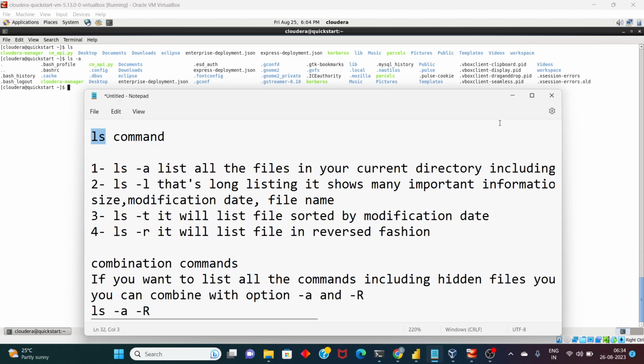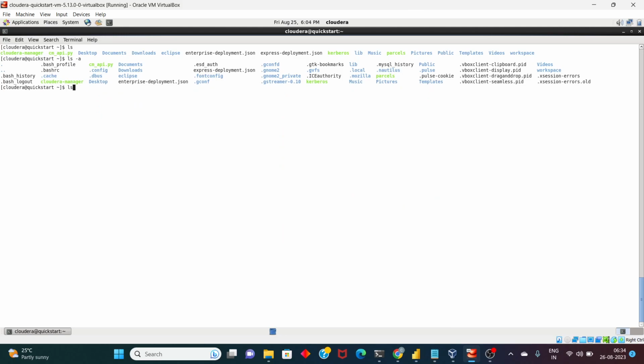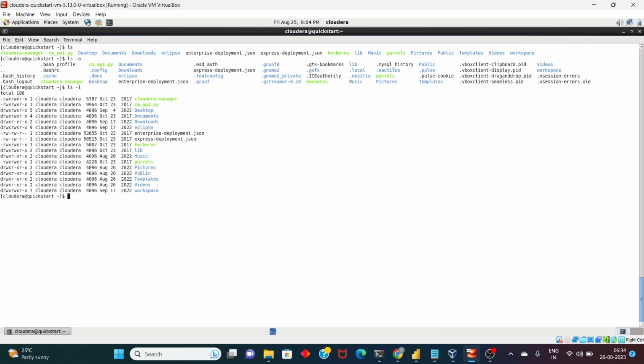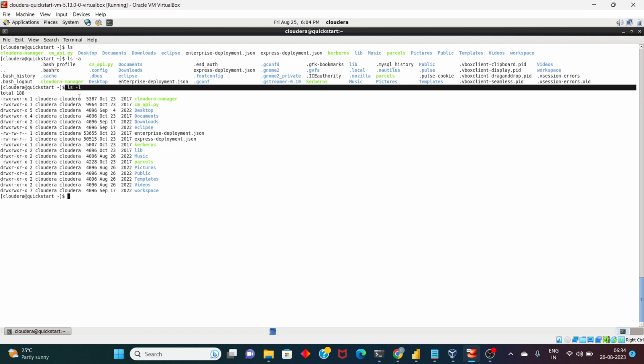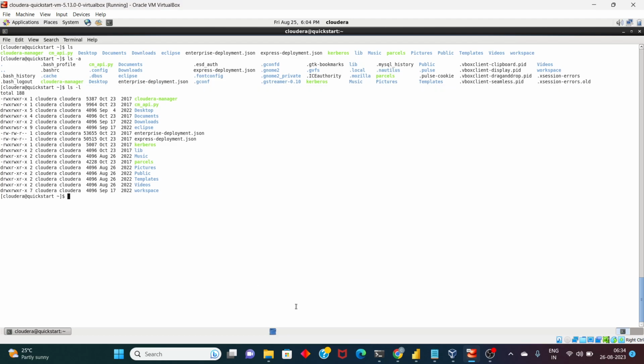And if we type ls -l, it basically gives you all the information, like when the file was created. Let's say this file was created in 2017, this one in 2007, October 23, September 4, and this is the size of that particular file, who is the creator, the type, and the name of the file. This kind of information you get by typing ls -l. So yeah,